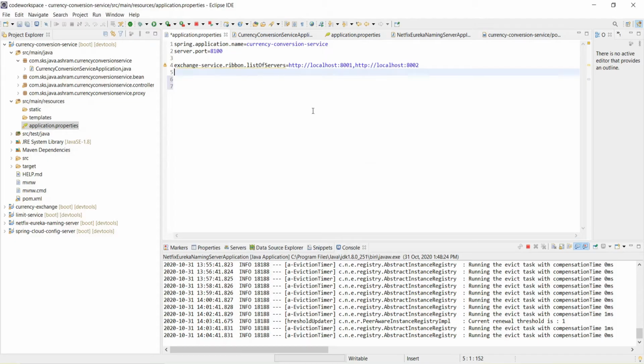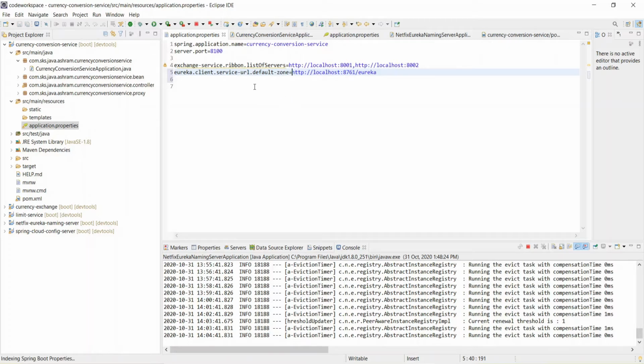Yeah, it's running on this. Control C, go to the code. So it's running on localhost, this port. Let's put it in. The property is eureka.client.service-url.default-zone equal to this.